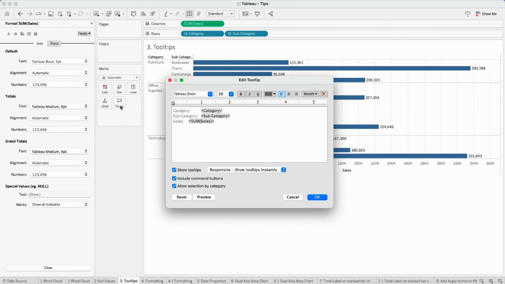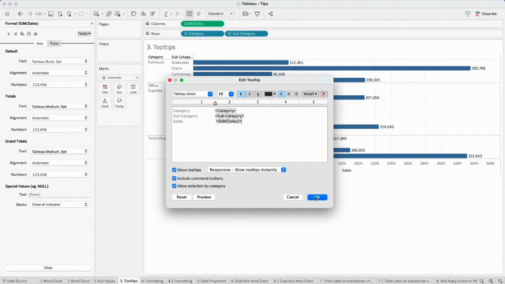So we will go to tooltips and you will see there is a scale at the top. That will help us to align all the tooltips. So let's say we click on category and we bring that scale to 1.5. Same thing, we will do it for subcategory. I will click on the subcategory and bring the scale to 1.5, and I will do the same thing for sales, click on it and bring the scale to 1.5, and you will see it is still on the right hand side. Then I will use the arrow key to move it to the left hand side,